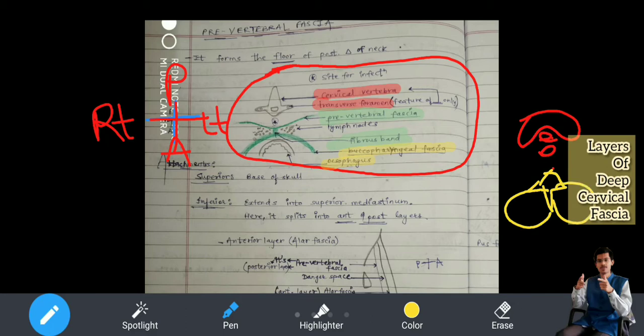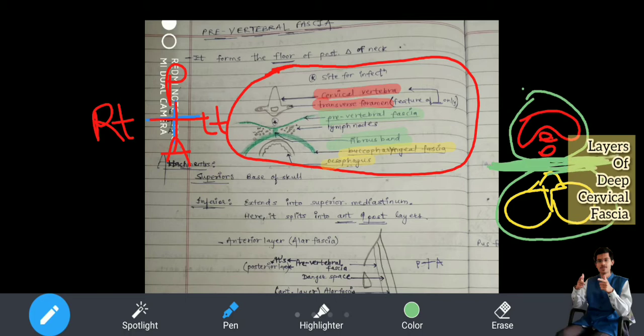And now, what you have, I will show you in green color. See, this was the pretracheal fascia. And here was the prevertebral fascia. And just now I told you that buccopharyngeal fascia is here in between. If you remember the last diagram I had shown to you, there was a buccopharyngeal fascia, right? So I told you that there is no confusion on this point. If you see here, I have very clearly shown to you that just behind the esophagus, see, this is the esophagus, just behind it is the buccopharyngeal fascia.